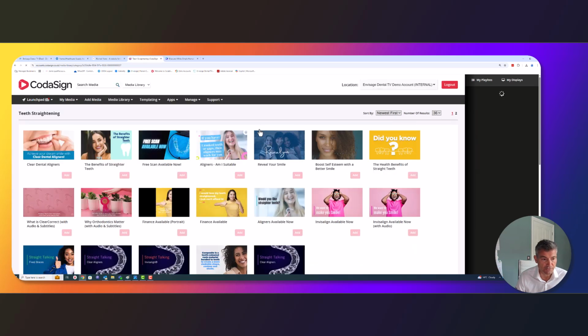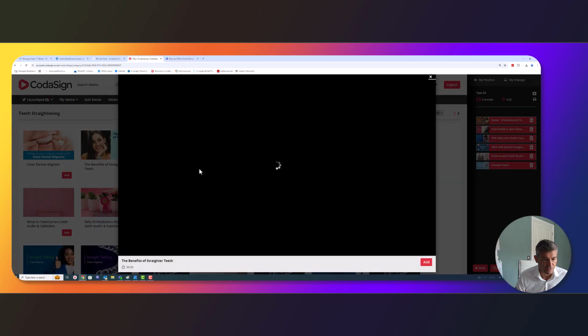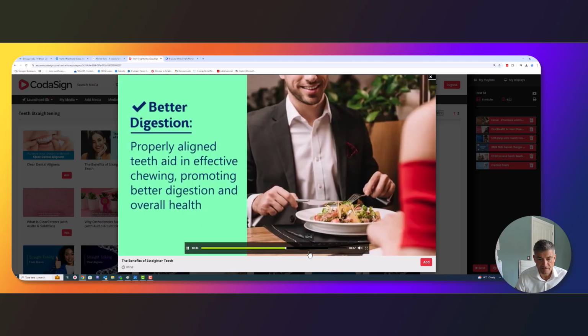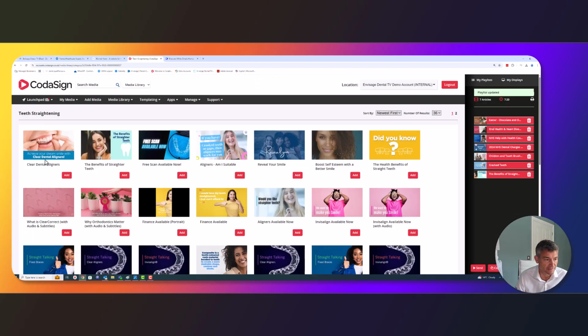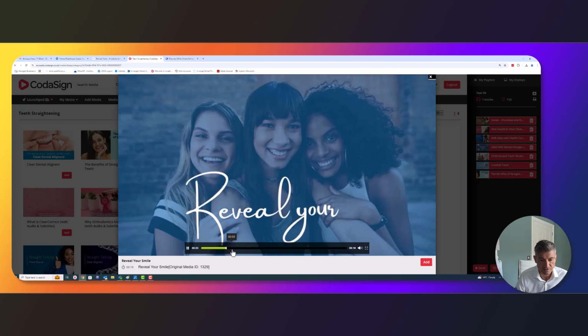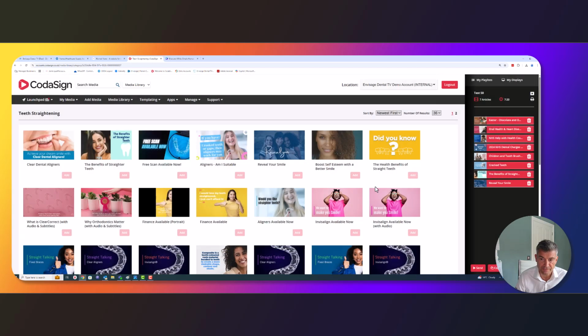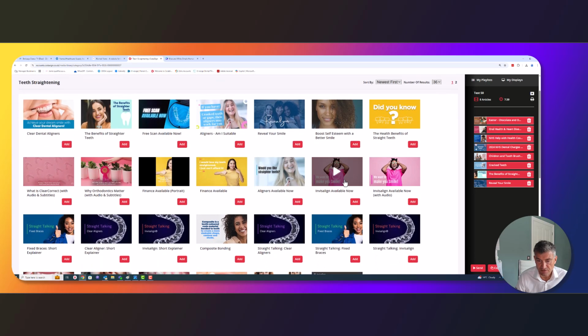And this is where you can start creating that narrative about your particular offer. The best way to do that is to start gently with a bit of educational content about straighter teeth, the benefits of straighter teeth, because a lot of people won't understand that there are clear benefits. A gentle bit of advertising to show how you can reveal your smile, speak to a member of the team, health benefits again. Aligners are available now, but if you are an Invisalign provider,